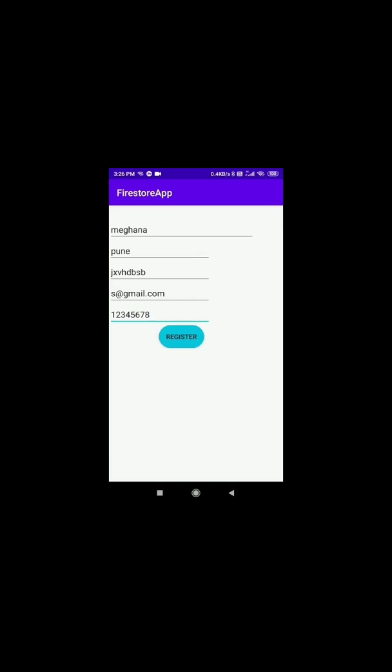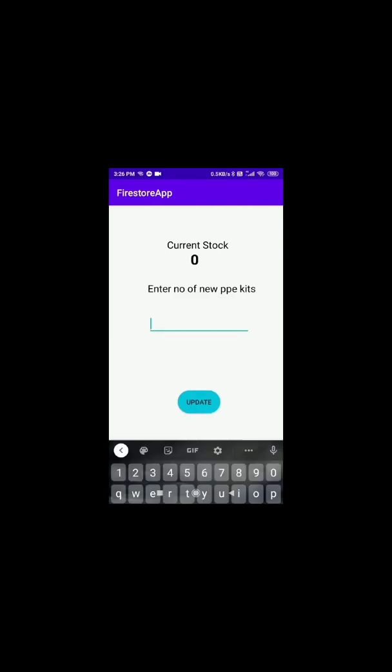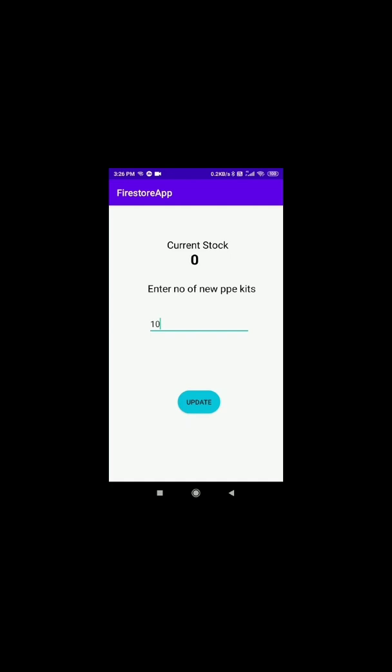As we can see, the provider is registered successfully and redirected to the home screen. Again, the initial stock is 0. Here the stock is being updated. The number of new PPE kits is 10, and the stock is updated successfully.